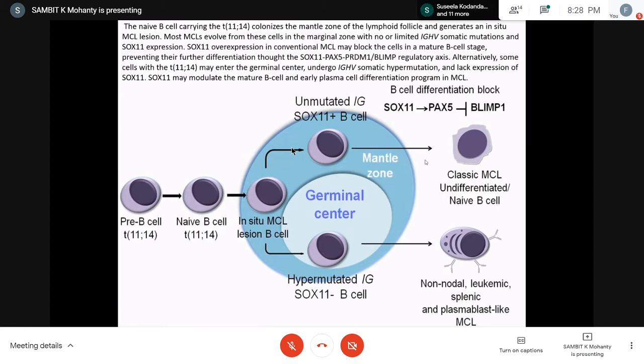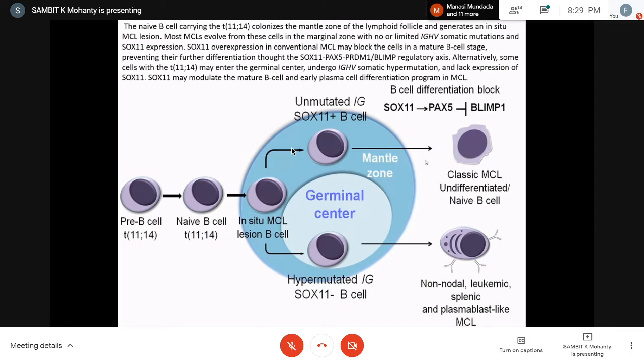So a classic mantle cell lymphoma will go through SOX11 positive unmutated cells with a B cell differentiation block, but the cases which are hypermutated and survive through the germinal center become non-nodal leukemic splenic